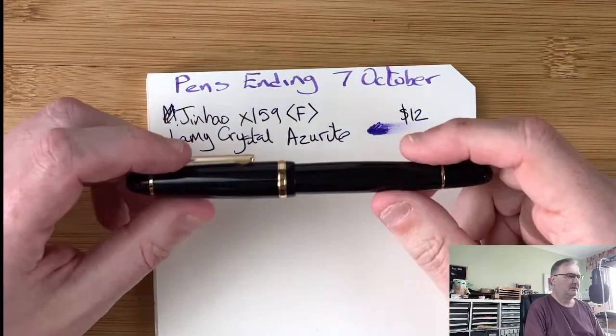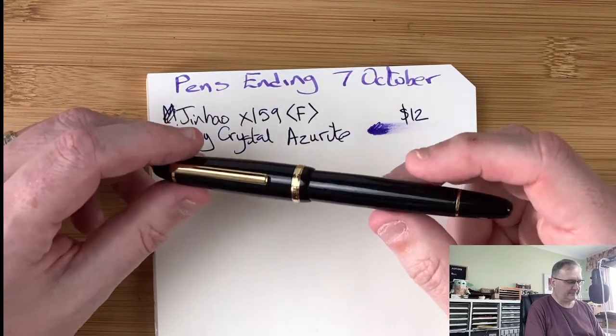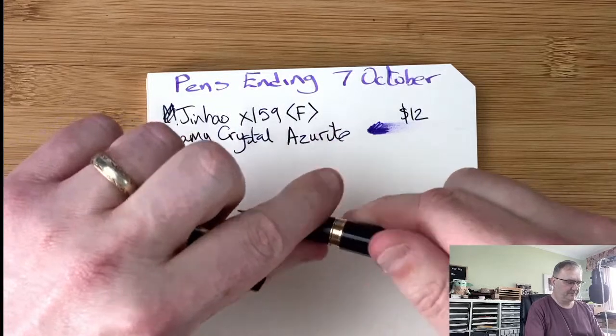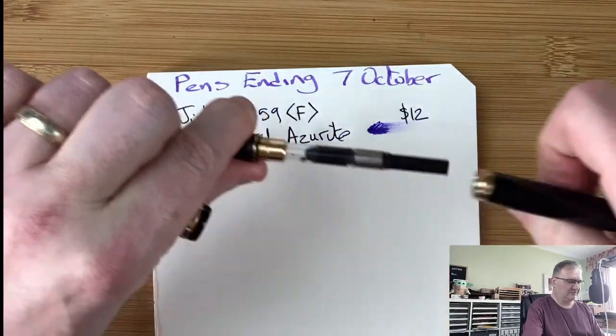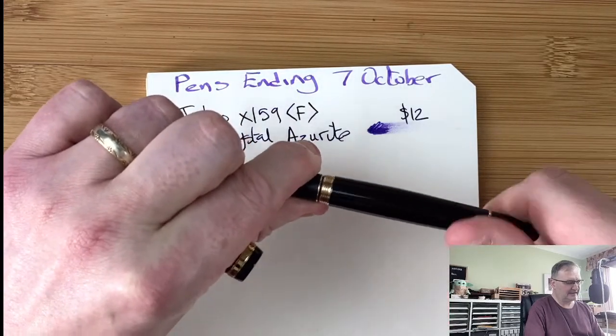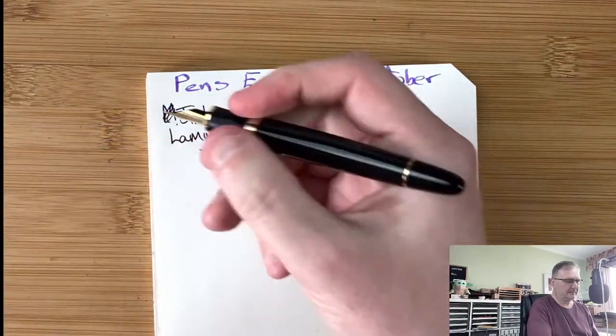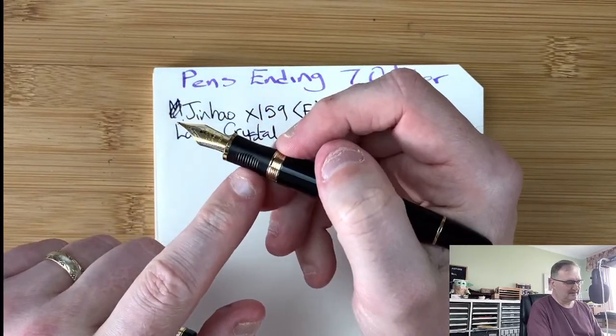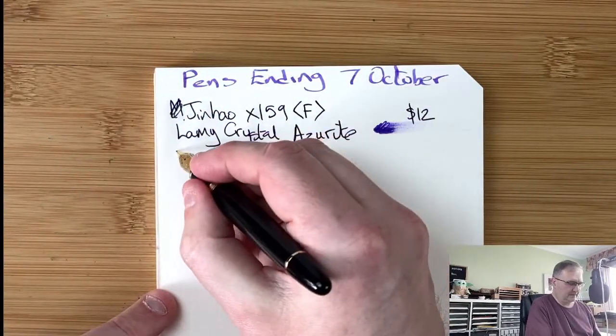Next up, we've got a Jinhao X850. So number 6 nib there. Cartridge converter. I do like that O-ring at the bottom. It gives you like a soft landing when you're tightening it down. Bit short, but usable. Don't like these cutouts. Very personal choice though. So we've got a Jinhao